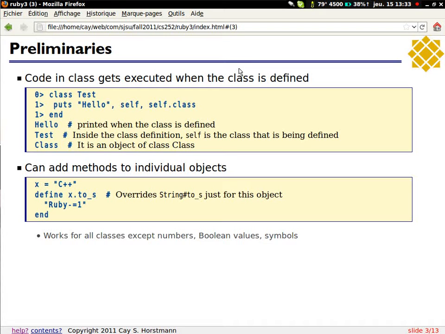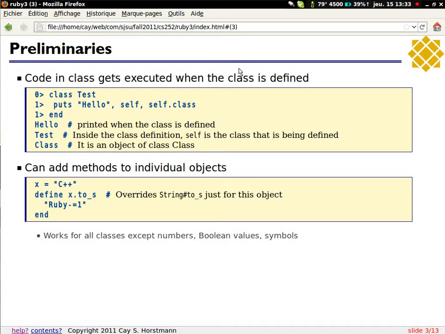So here I'm making a class Test, and now I'm putting in these instructions: print the string hello, print self.class. As soon as the end closes, the code starts running. In this case it prints hello. Then it prints self, which is the same thing as this, and in this case it says I'm Test.